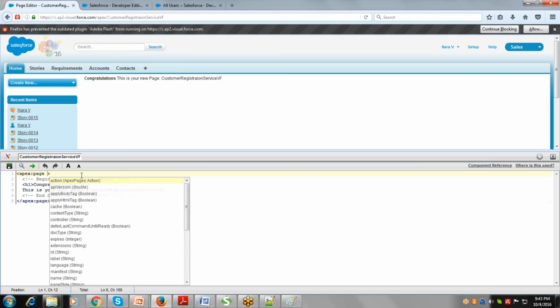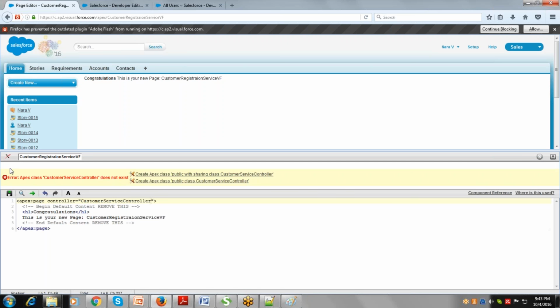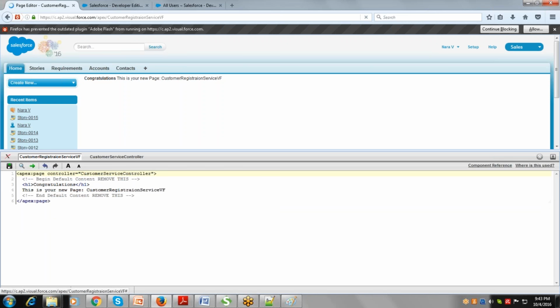Define the controller equal to customer service controller. Apex form